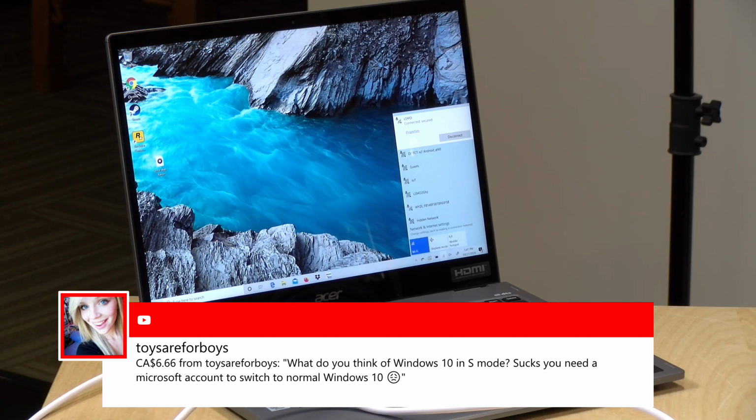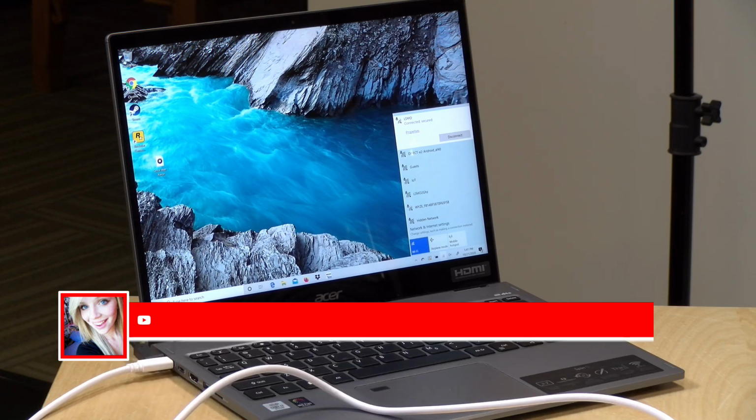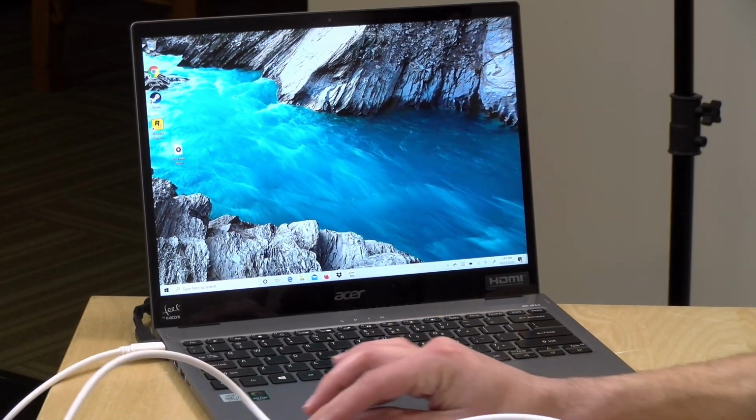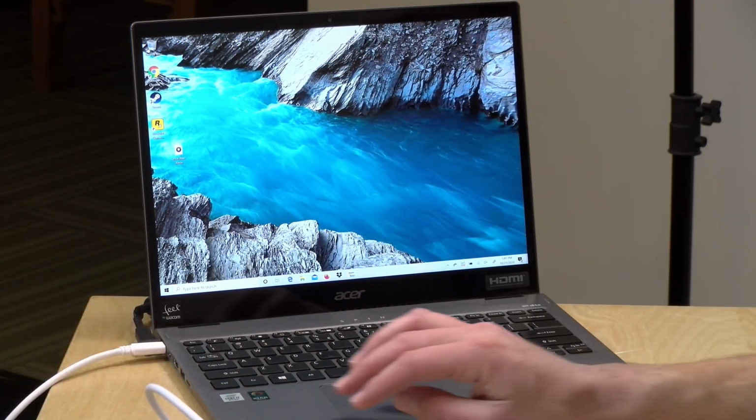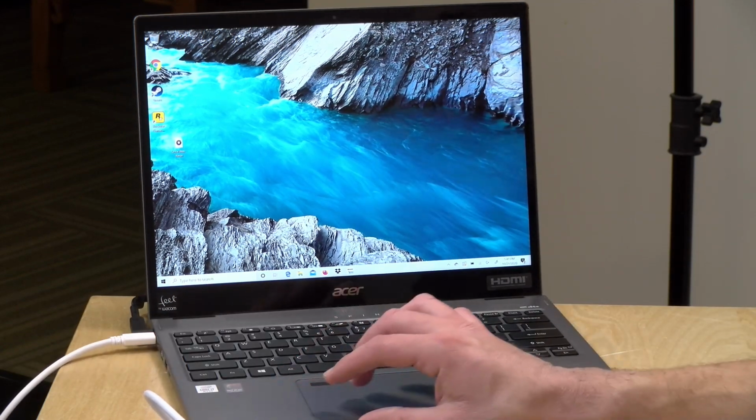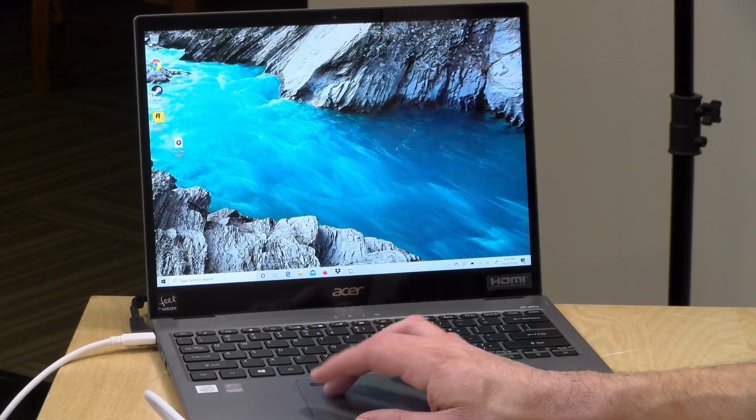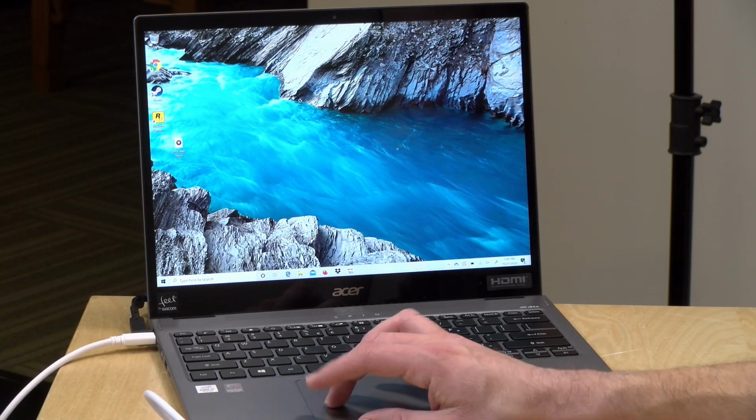It stinks that you have to get a Microsoft account to switch to normal. Yeah, I think that if I was to give a Windows computer to my mom or dad, S mode is fine because they can't install anything and nothing will get installed on it. But you become immediately aware of the limitations of S mode